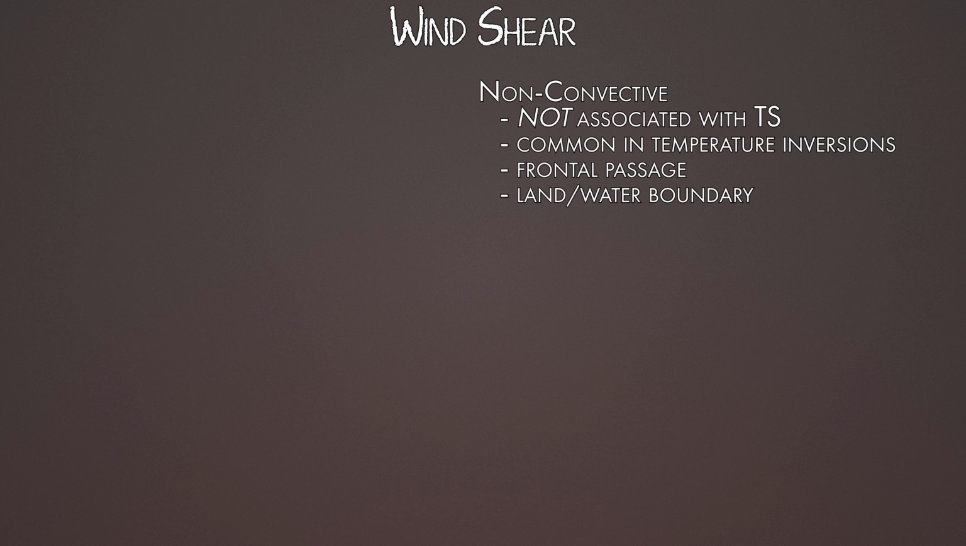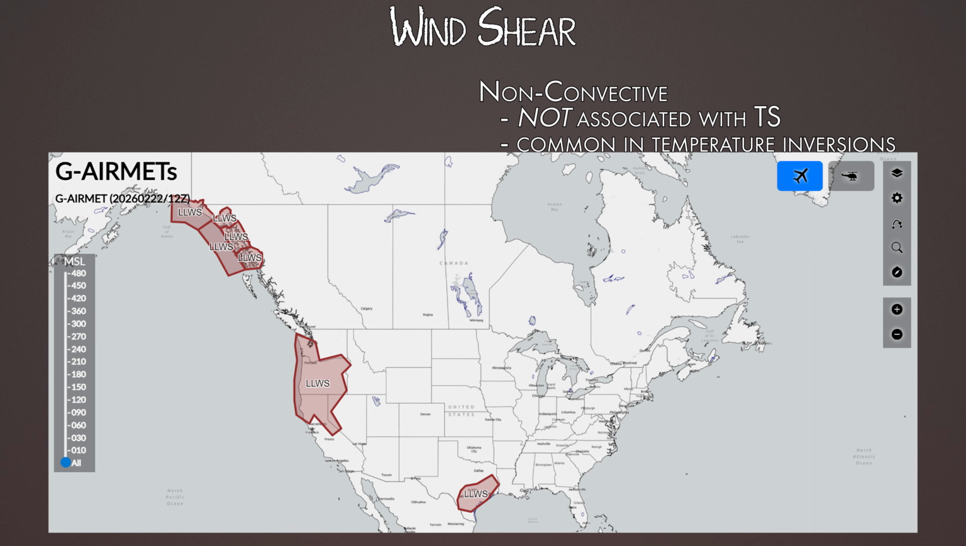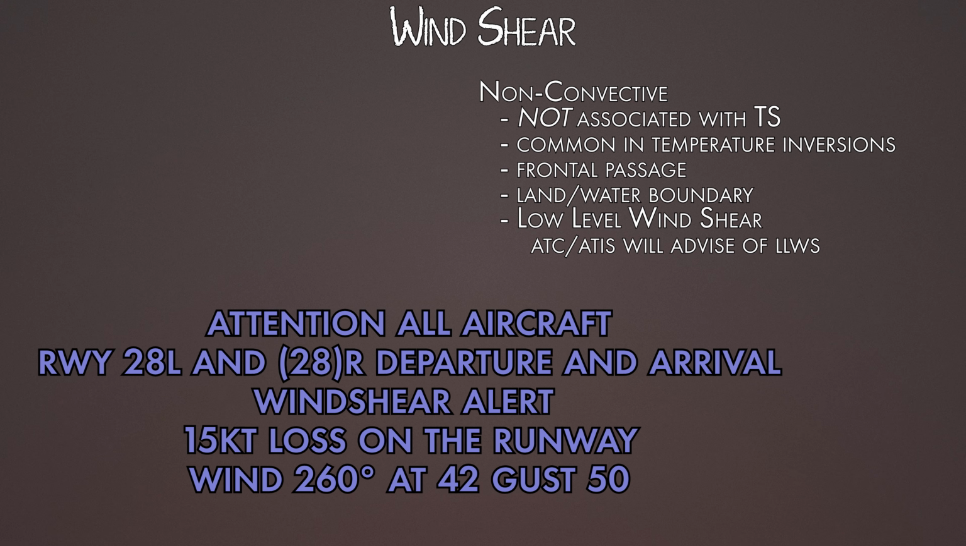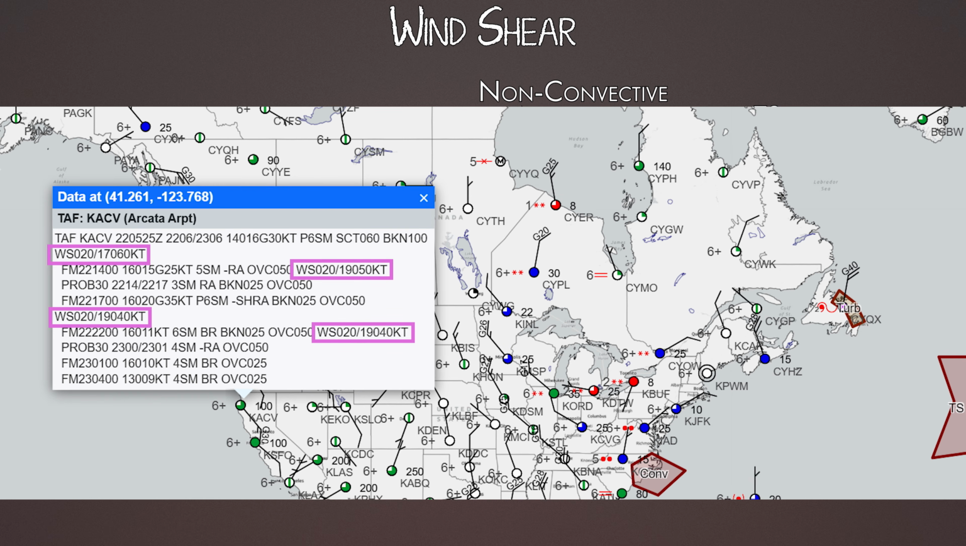Non-convective wind shear is typically called low-level wind shear. In fact, there are forecast charts that will show you an AIRMET for widespread low-level wind shear. At larger airports, with the detection equipment installed, ATC and the ATIS will broadcast low-level wind shear alerts. "Attention aircraft, runway 2 left and right departure and arrival, wind shear alert, 15 knot loss on the runway, wind 26042, gust 50." And you can also find that information in the METARs and TAFs, but usually not at smaller